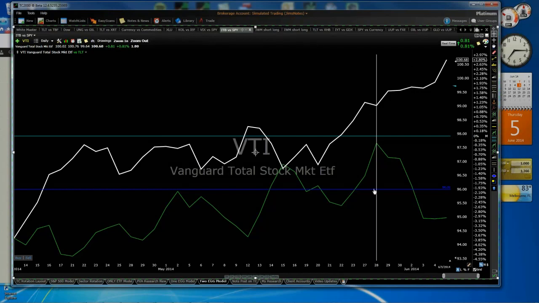But here is the first time, which is on May the 28th, that we've actually seen them start to diverge to any large degree more than 3 or 4 days. And I'm curious as to whether or not this divergence will pan out, especially after the ECB news today. But that's why when I say understand the story of the market, it comes right back to how you look at these charts. And that divergence right there tells me that equities are running, bonds are falling, and that is